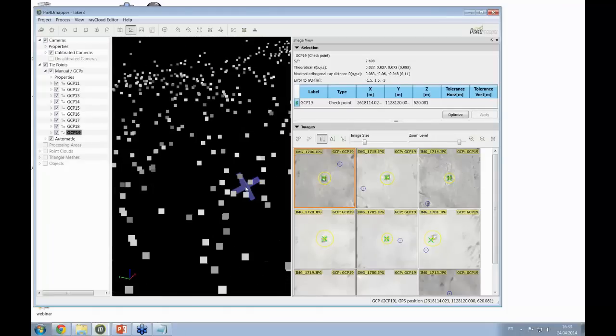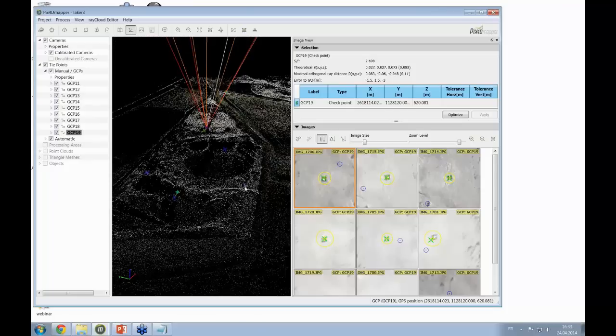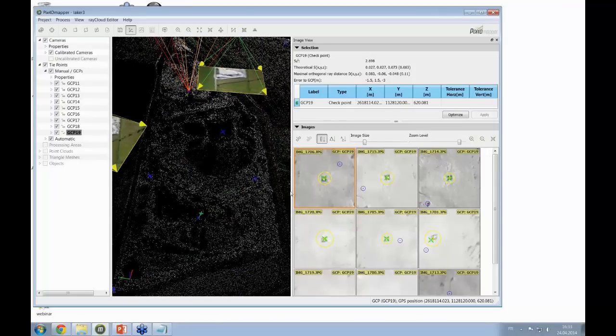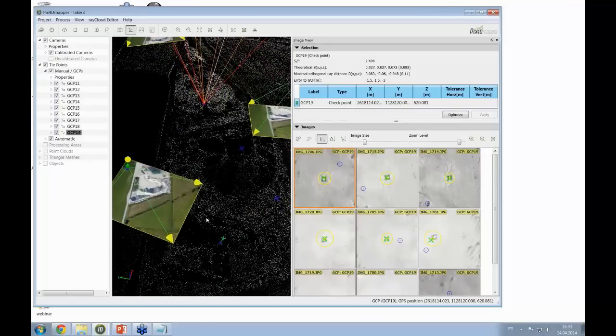So now I'm not going to do all 8 ground control points. This would take a bit too much time, but let's imagine that I would have clicked and marked in all my images my 8 ground control points and applied each of them. To include these measurements now in the processing to find the correct position of the camera,